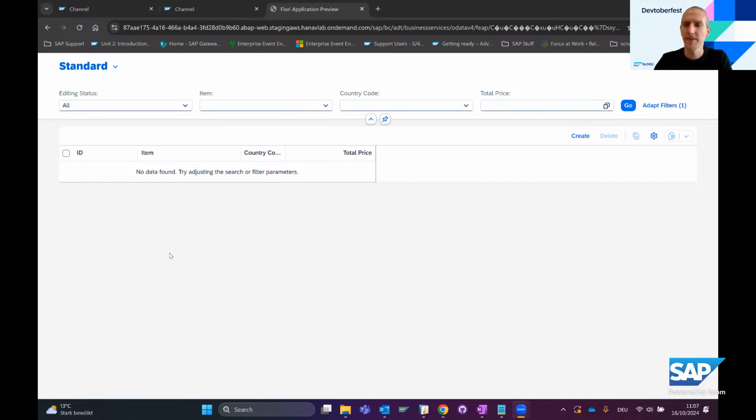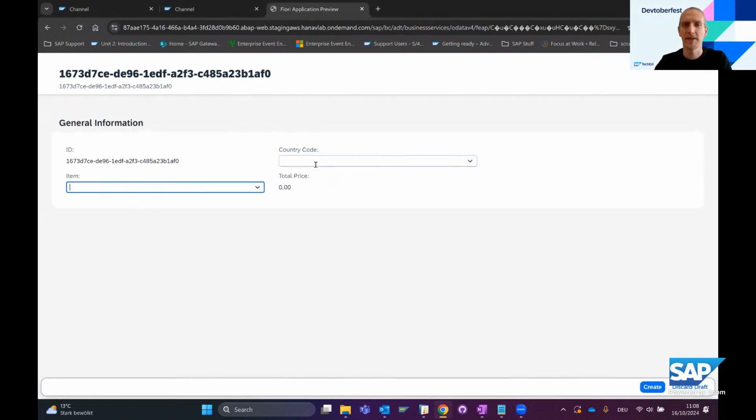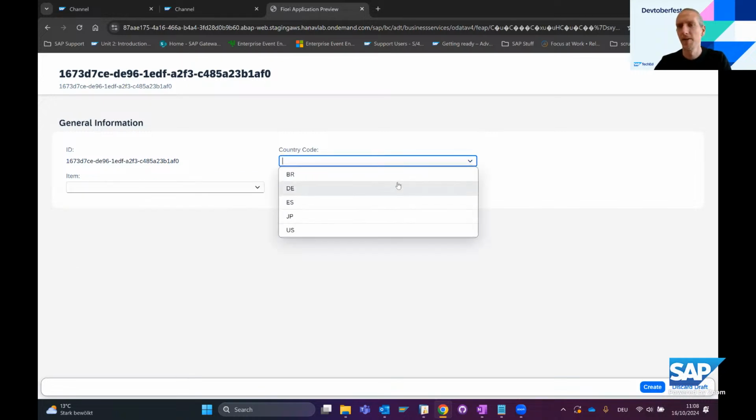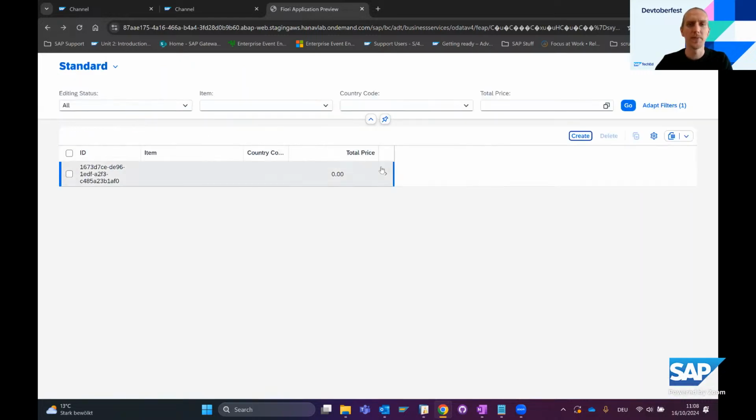So for that, I just built a Fiori application, a very small one at that. And you can see here we have a few fields like item name, country code, and so on. Maybe it's your list of items you have sold so far. And if you take a look at the capabilities, you can see here, we can create a new item where we can choose a few from the list and assign a country code. Maybe that's the country you want to ship it to. Okay, so very simple